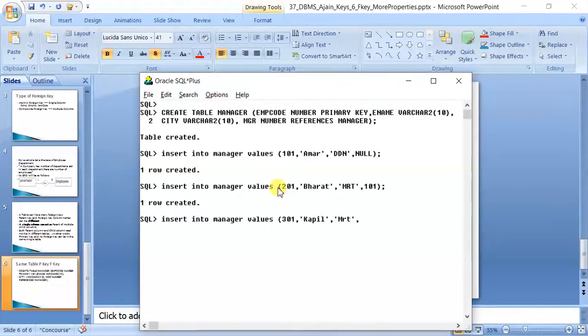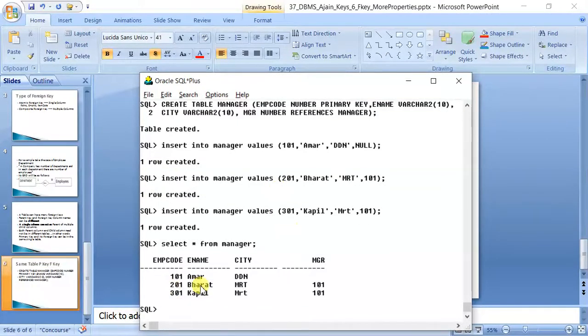Let us make 101 the manager of this employee also. Now select star from manager. What you can see is that a few employees are managed by other employees.